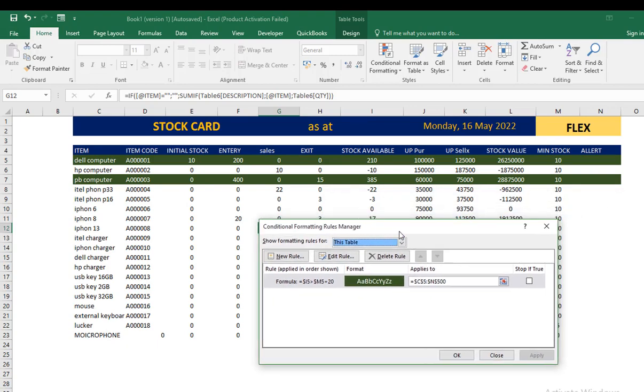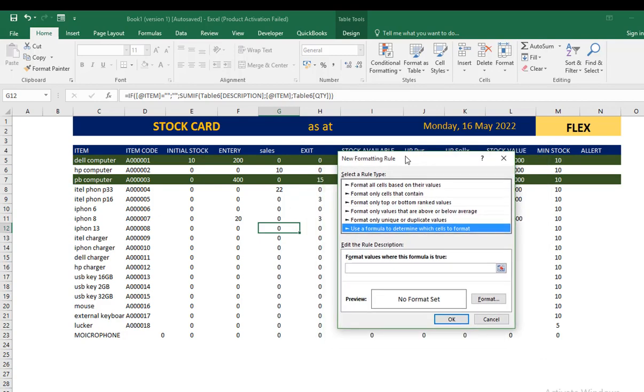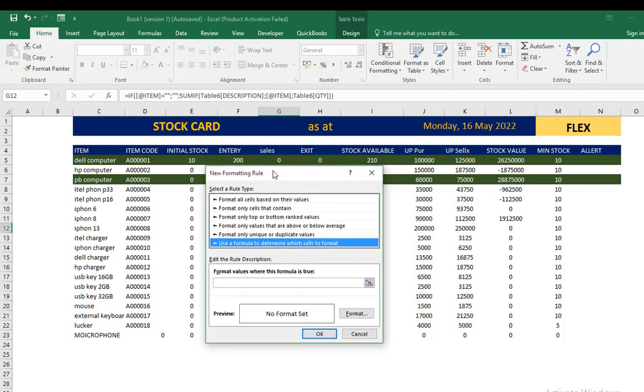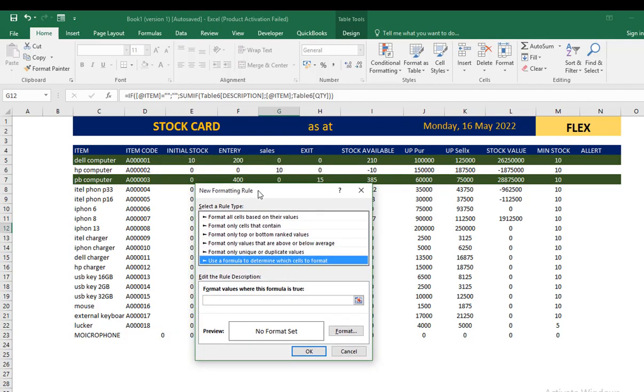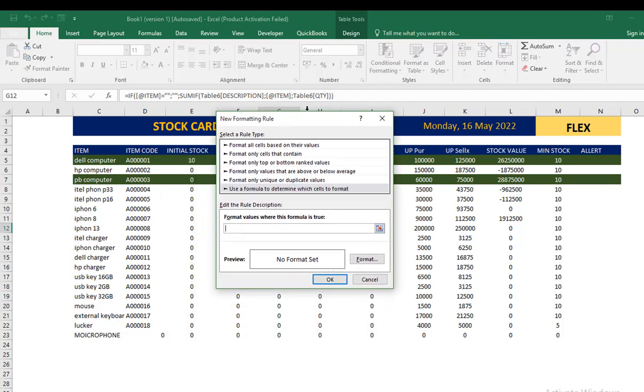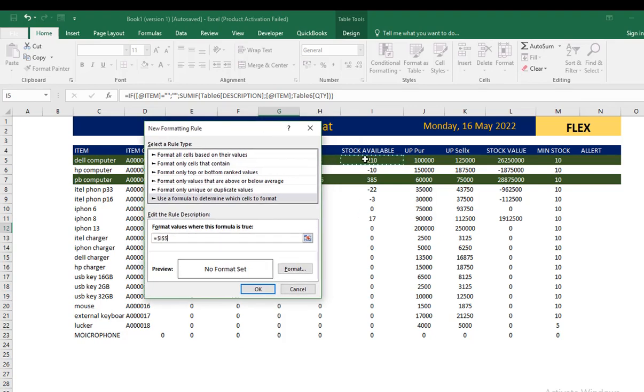So from here, I can create another rule, which says that I choose the last option with formula. If the available stock is less than the minimum stock, I insert a red color to appear. So I'm going to say come at the level of the format value, and I say if the available stock. So you see, I just click on available stock, but here I'm going to remove the dollar sign beside the 5. If the available stock